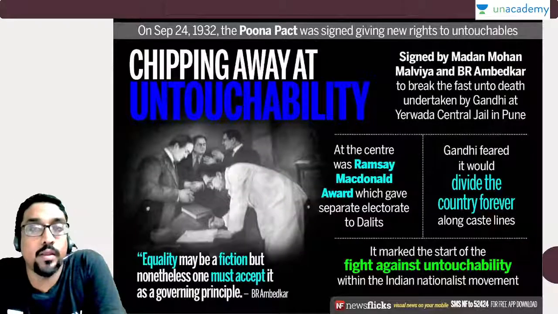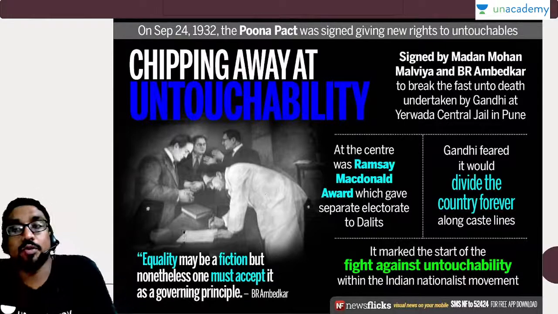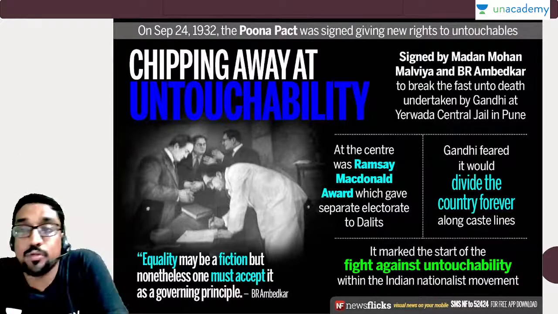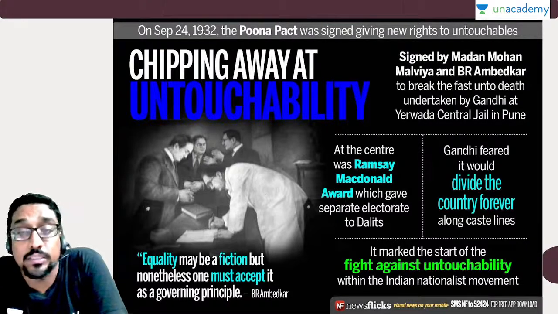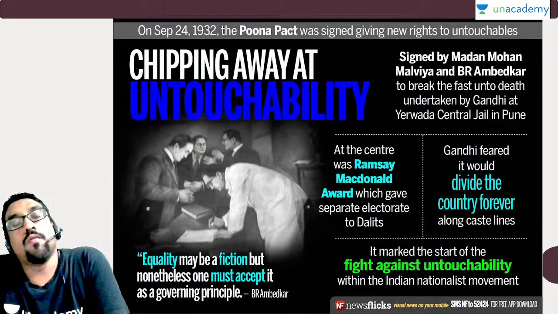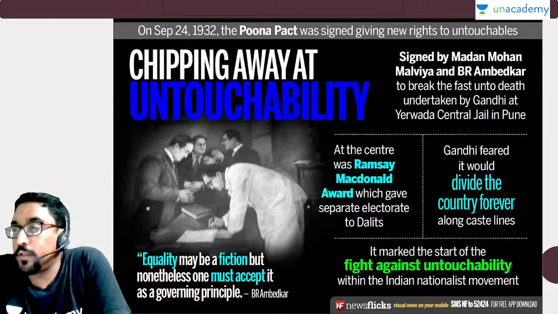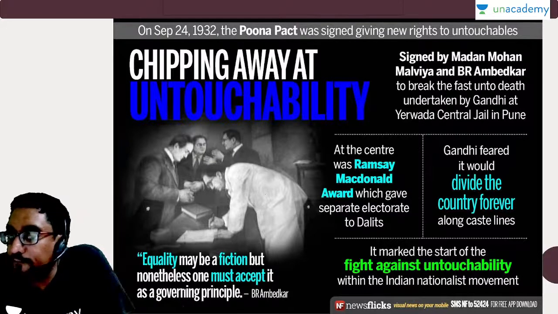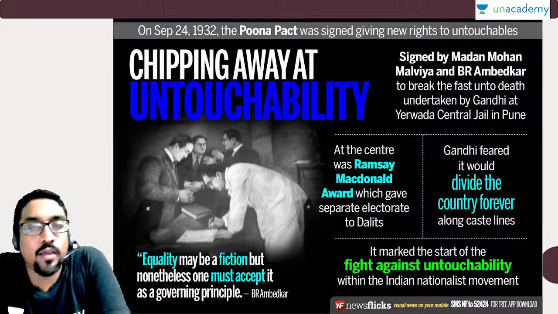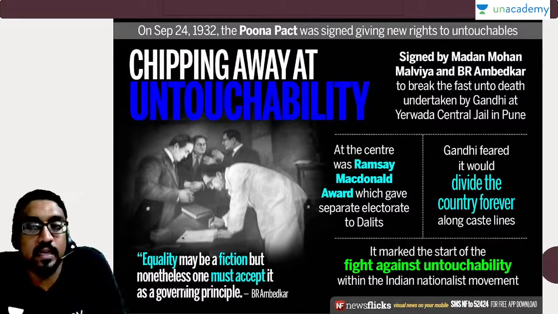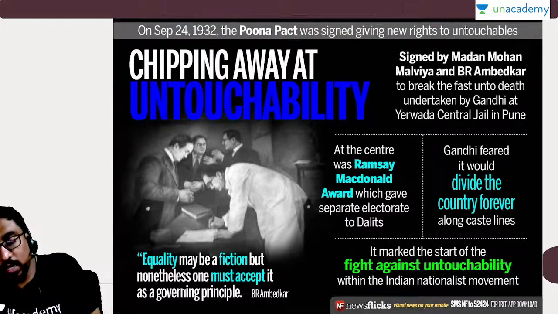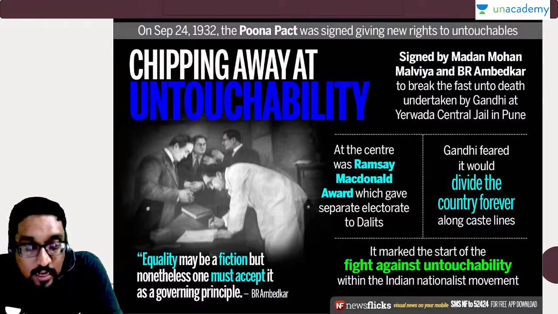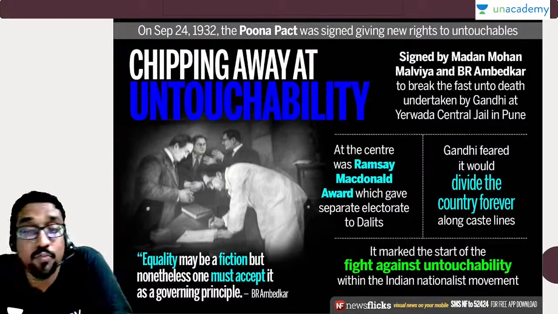Okay. Next, the 1932 Pune Pact was actually a very important act, which was done between Madan Mohan Malaviya and B.R. Ambedkar to break the fast unto death being taken by Gandhiji. When Gandhi was invited to participate in the second roundtable conference, the British ended up creating a very bad precedent. They created a divide between Indians, where the depressed classes were given the status of separate electorate. That would basically mean for all political purposes, depressed classes would be divided from India.